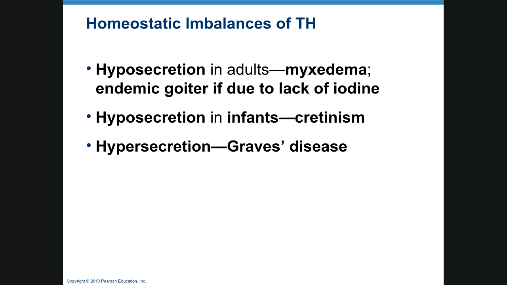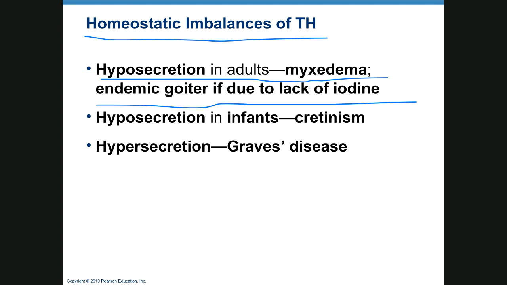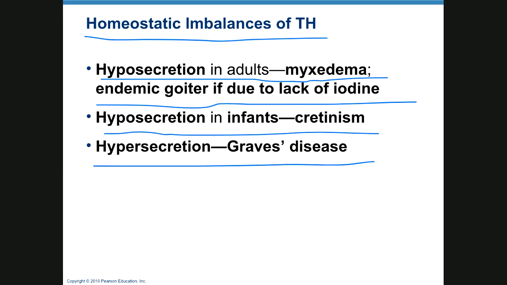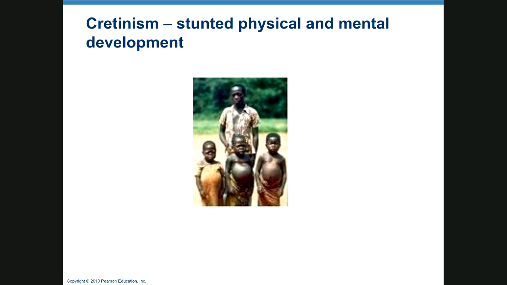Homeostatic imbalances of thyroid hormone: hyposecretion in adults is called myxedema. If it is due to lack of iodine, that's endemic goiter, and we'll go through these with pictures. Hyposecretion in infants causes cretinism. Hypersecretion causes Graves' disease. So this is an example of cretinism, and it's hard to tell by the picture, but